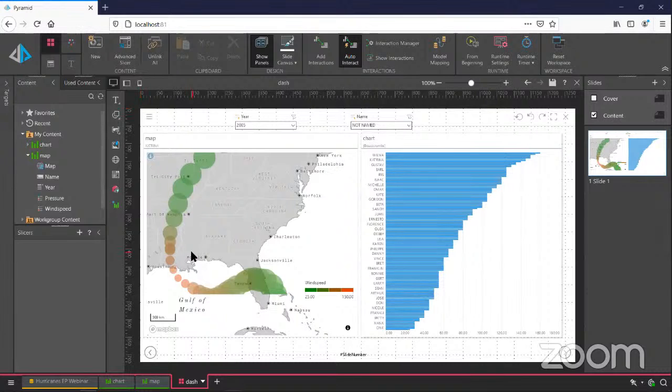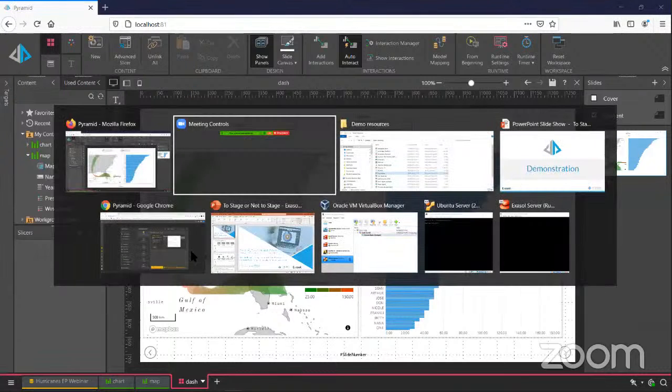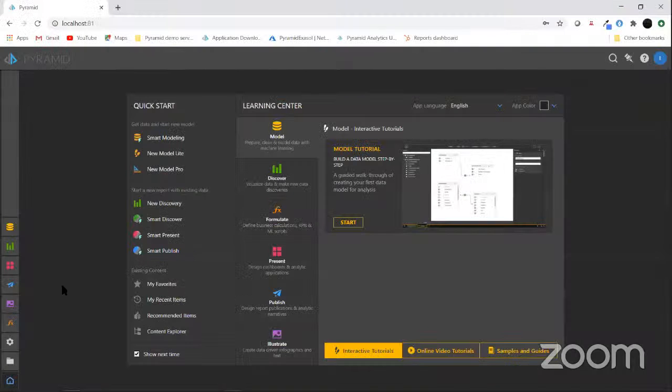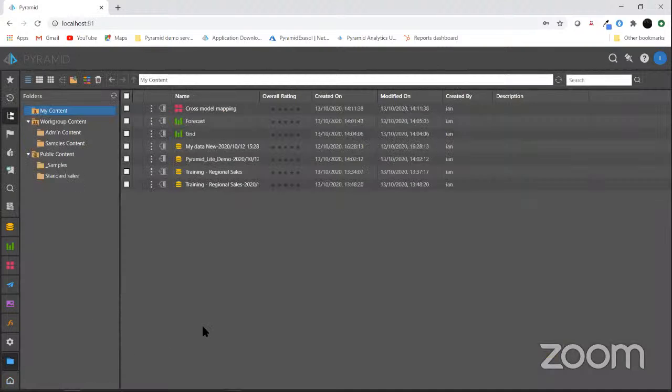Okay, so that's a kind of a self-service analytics point of view. Let's go back a stage, back to that kind of role. I'm going to go back in now as an administrator. I'm still connected to the same server, but I now have this nice administrator cogwheel here on my left-hand panel. So the first of those is looking at that model mapping. I already prepared a couple of items in here.